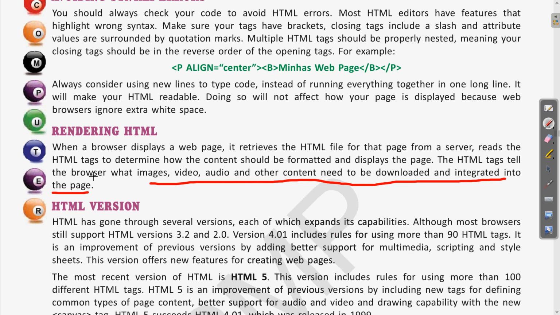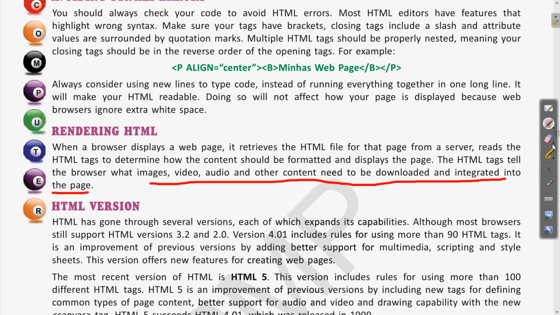So how these different elements present on the web page are appearing, they are actually written using some HTML tags. So this process of downloading these files to make them displayed on the web page is called rendering the HTML page. Clear?